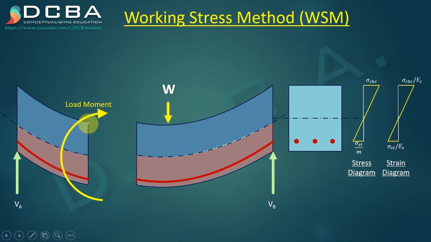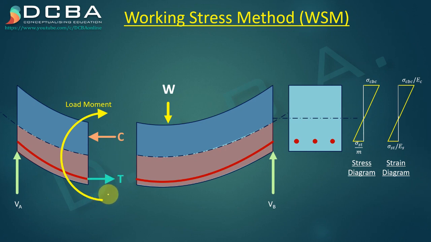And from where does it provide that reactive moment? From the internal strength of that material. Okay. Every action has an equal and opposite reaction. So this is the action, and the reaction is generated by the section. How is it generated? As I had already told you in previous lectures, the compressive stress will be taken entirely by concrete and the tension stress will be taken by steel. So my concrete generates a compressive force and the steel will generate a tensile force.